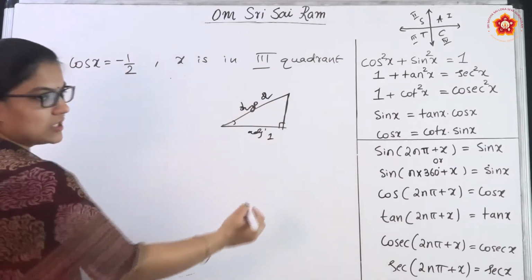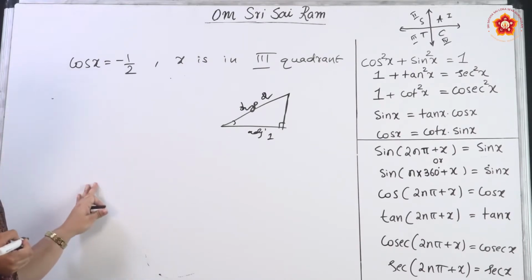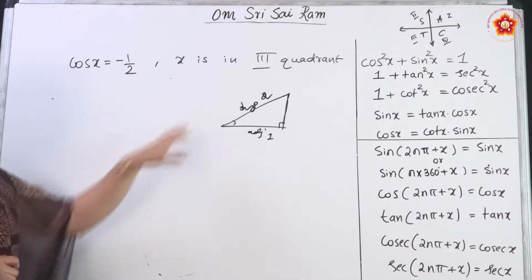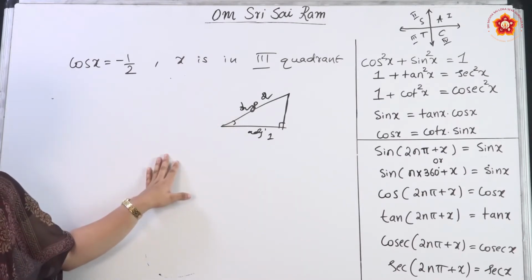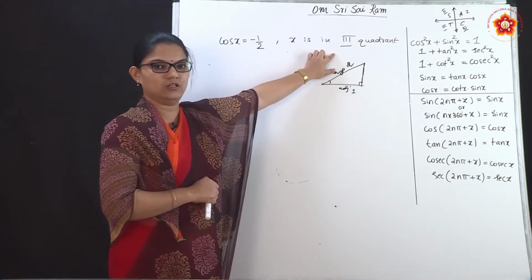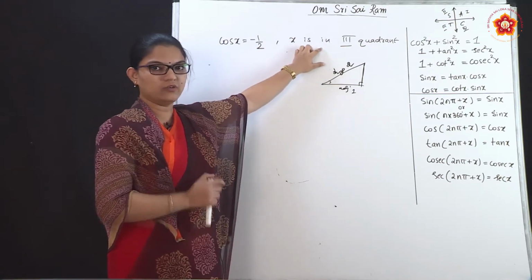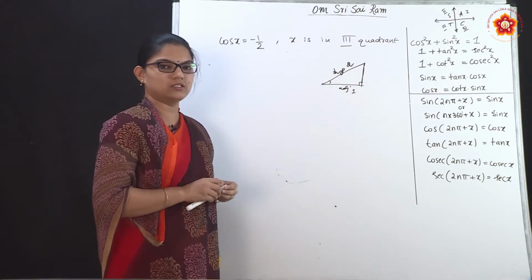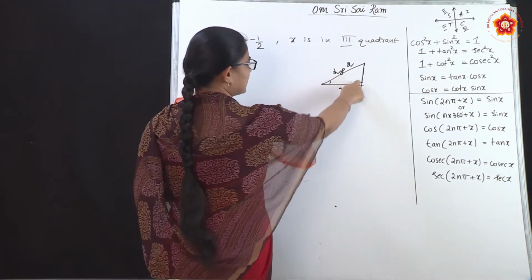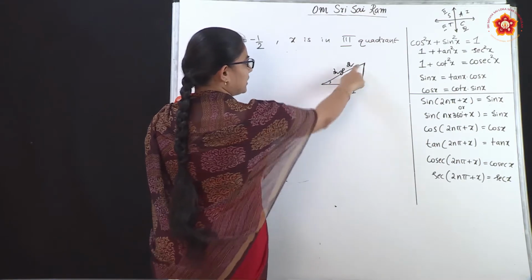By using the Pythagoras theorem you used to find the other remaining trigonometric functions. But here we are not supposed to use the same right angle triangle method. Why? Because we are considering the angle in the third quadrant. In the first quadrant, with a right angled triangle, there is a limitation for the angle. If this is 90 degrees, the remaining angle will be in between